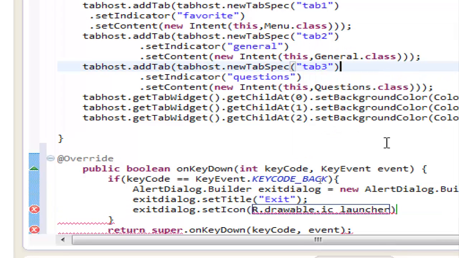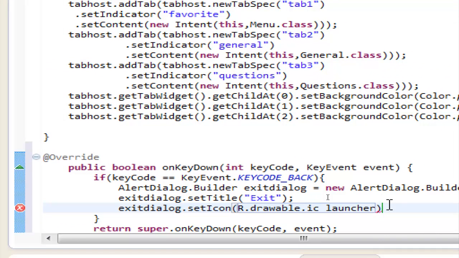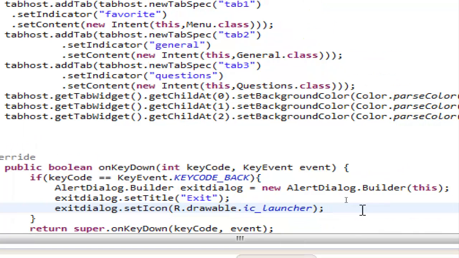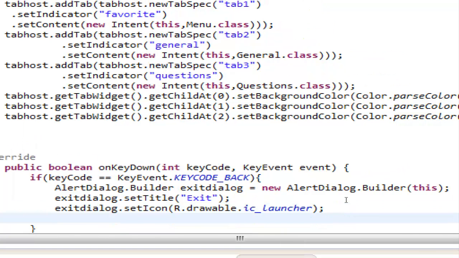Let's use the launcher if we don't have any other one, so we use the launcher icon as the icon of the exit dialog. Okay,